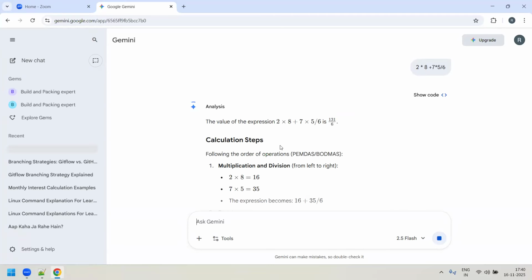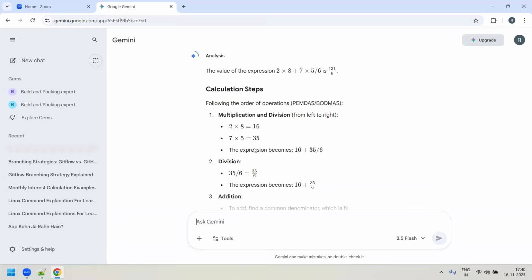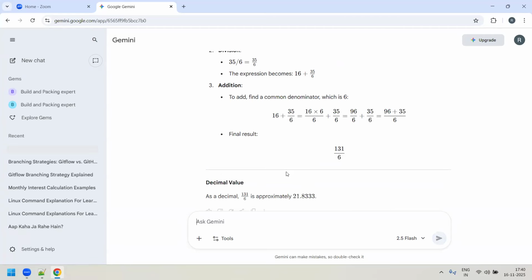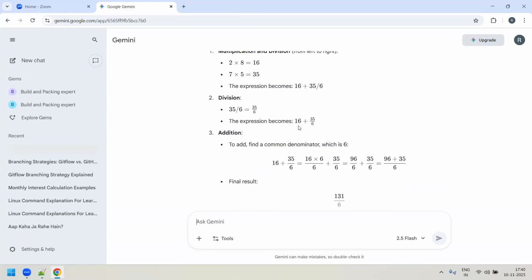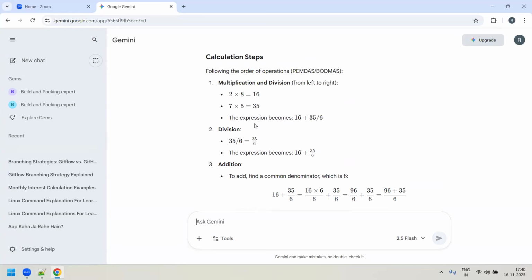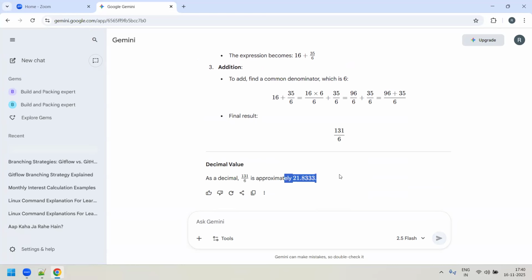So it is analyzing, and here is what happened. It is actually giving step by step. Good, that's good that it is giving step by step. But usually, sometimes it doesn't give you the full step by step. Step by step, it will not show. It will directly show you the answer like this, the direct result.